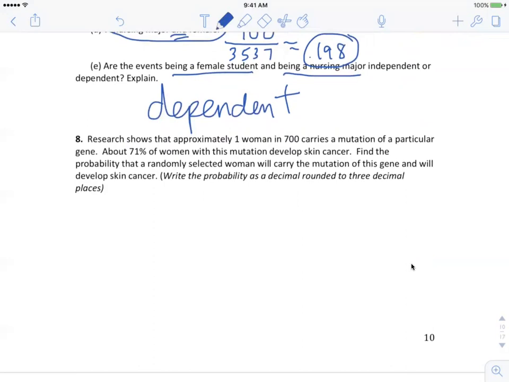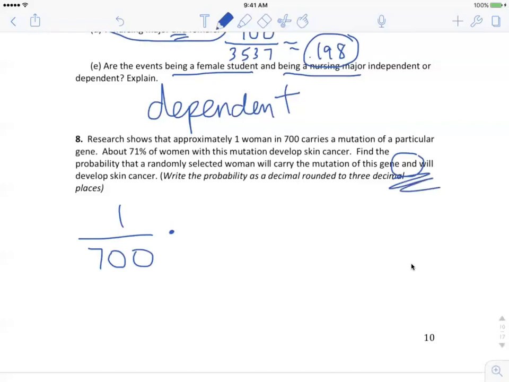So, and typically translates into multiply. And our first probability is, what's the probability that a woman carries the mutation of the gene? That's that 1 in 700, right? So I'm going to do 1 over 700 times, because it's and